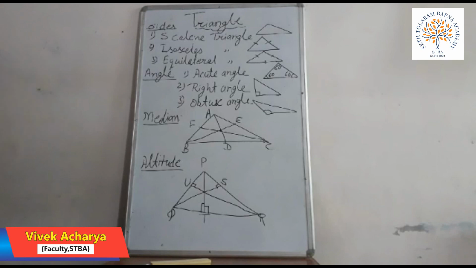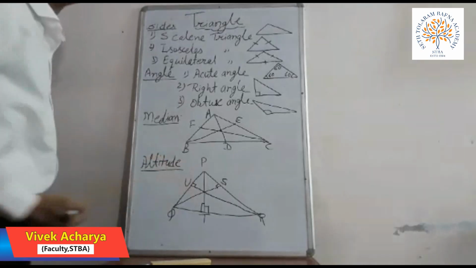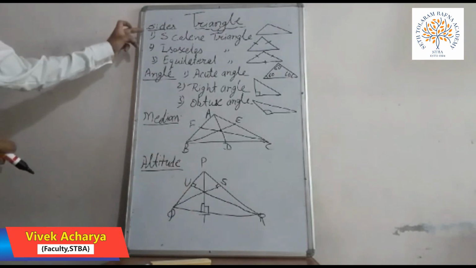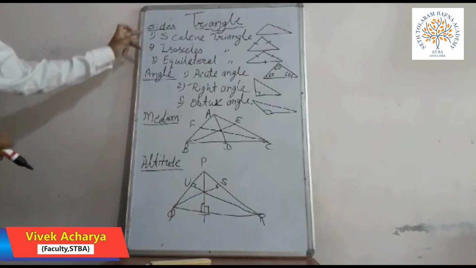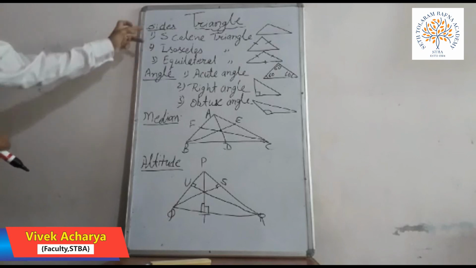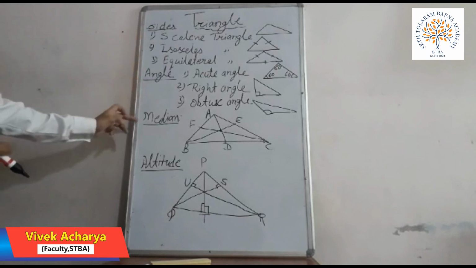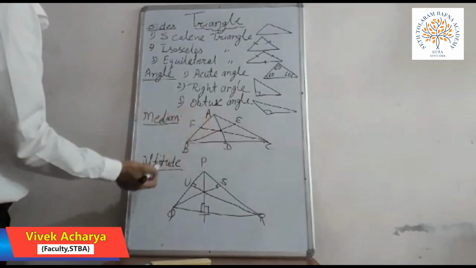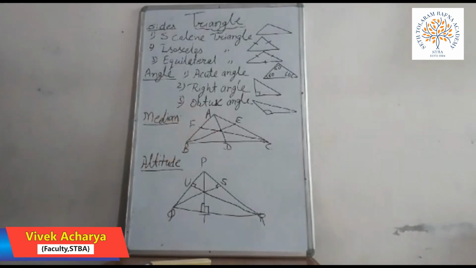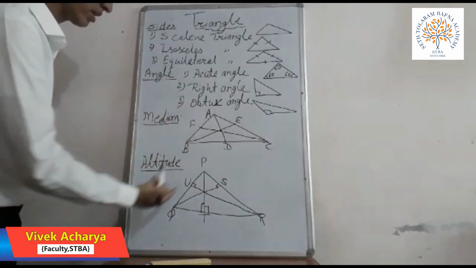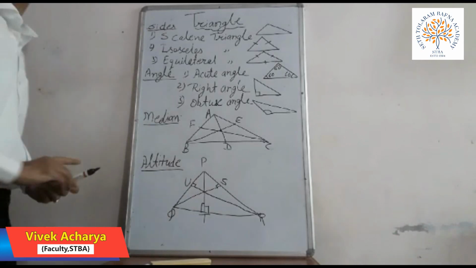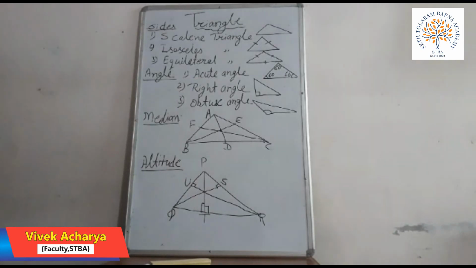So there are a total of three altitudes in a triangle. So remember, I am just revising the content. Although we have already done the sides and angles, these you already know, so I am not going to revise this one, very easy, you know this one. Median and altitude I am revising. Median means a line segment joining the vertex to the midpoint is called median. And the altitude means a perpendicular from the vertex to the opposite side is called the altitude of the triangle. So this is the median and altitude of the triangle.